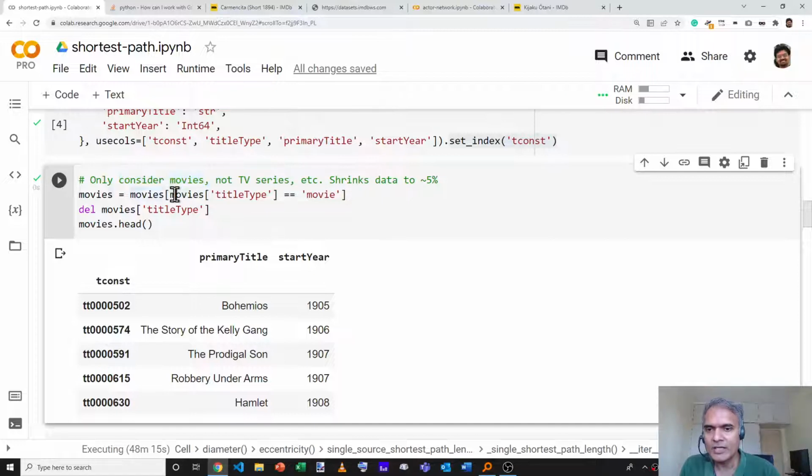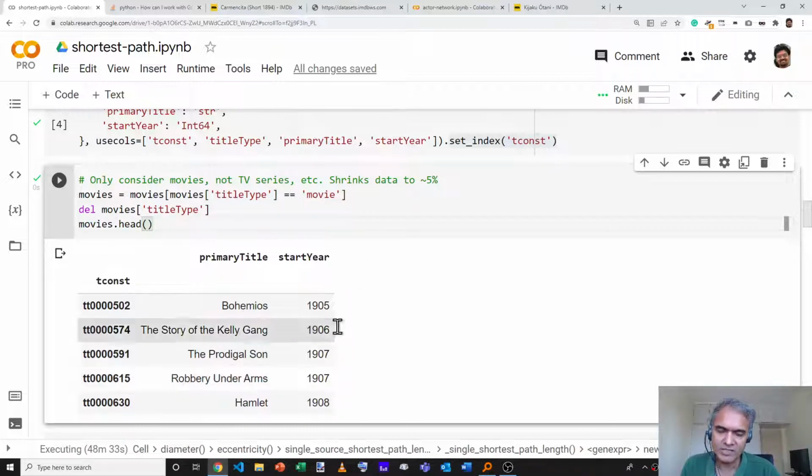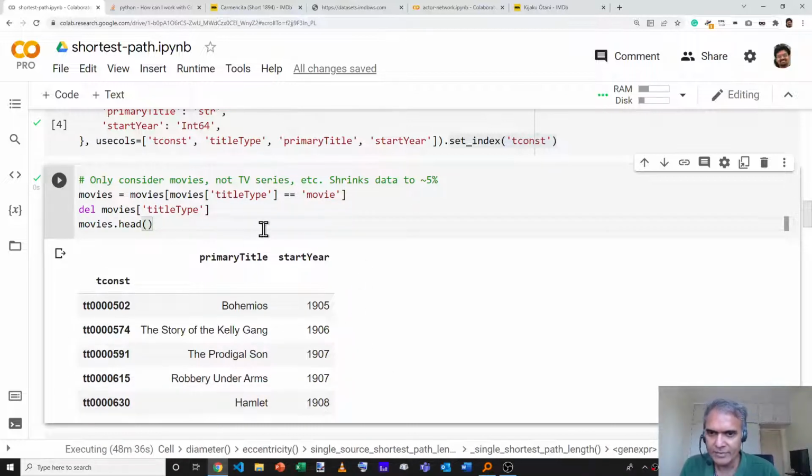So we'll take movies where the title type is movie and filter based on that. Now that we've done this, we only have the movies, and that actually shrinks the data to roughly 1/20th of the original size, about 5%, and we delete the title type because it's only ever going to be movie for this data set. So that's what our movies data set looks like: an ID, a title, and a start year.